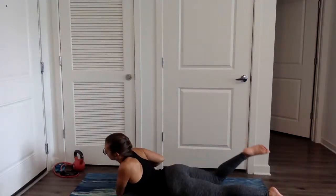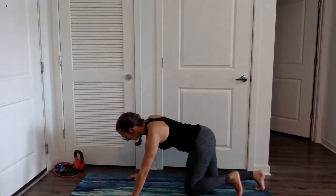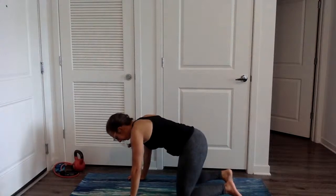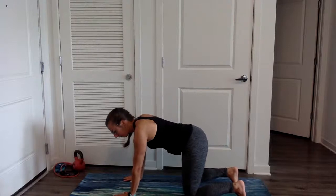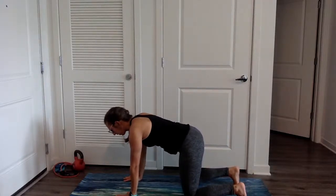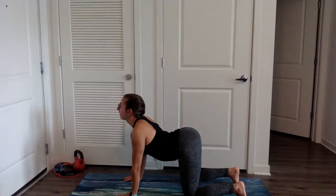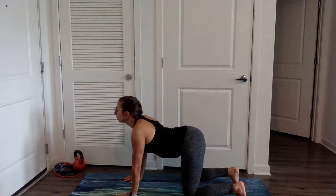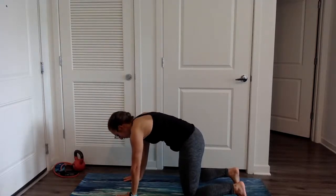And release. Take your hands, press yourself up to a kneeling position. Stack your shoulders over your hands and your hips over your knees. Take some really slow cat-cows. So I want you to super slowly start to drop the belly, looking up, arching the back. And then super slow with control, tuck the tailbone under, press into the ground, start to round the spine and